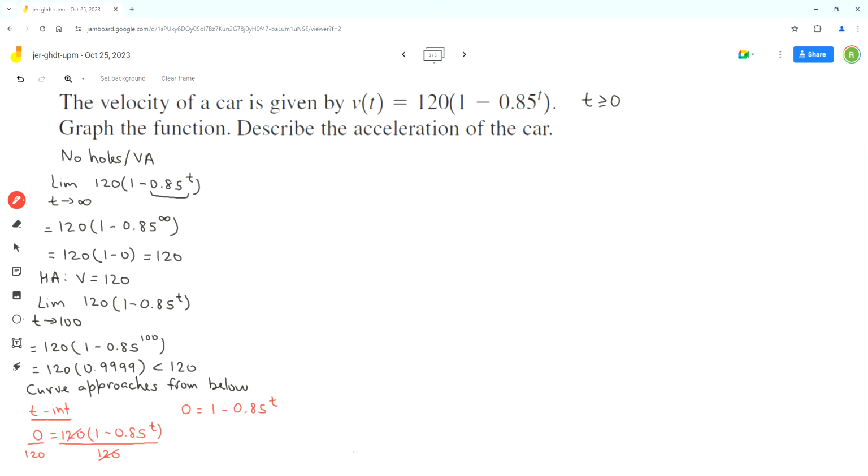Now we can move the 0.85^t to the left side of the equation, and this term will become positive. Now the t value will be equal to 0 because 0.85^t is equal to 1 for t equals 0. So any base to the power 0 is equal to 1. So the t-intercept for this function is,